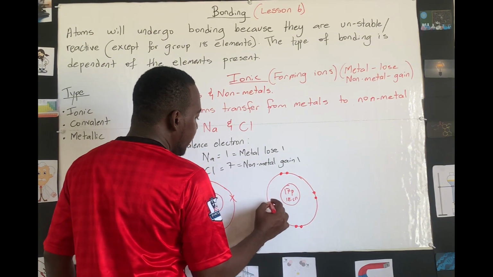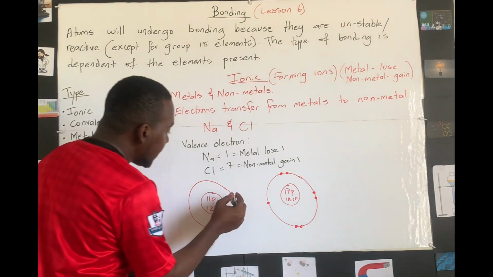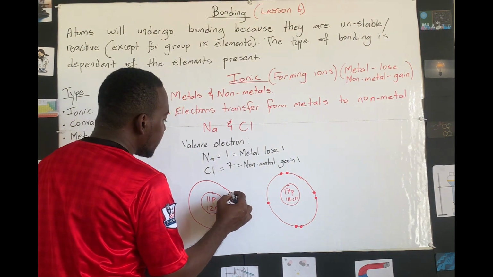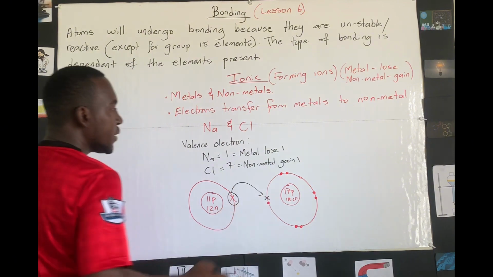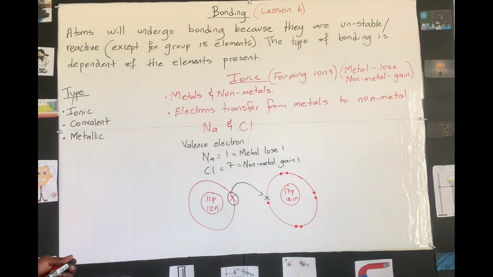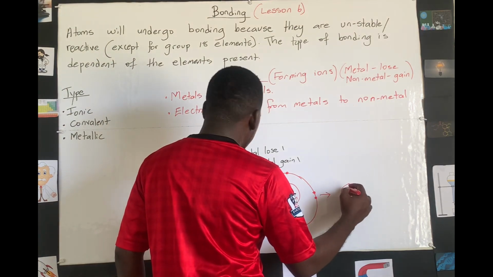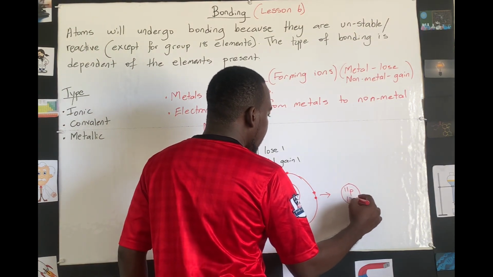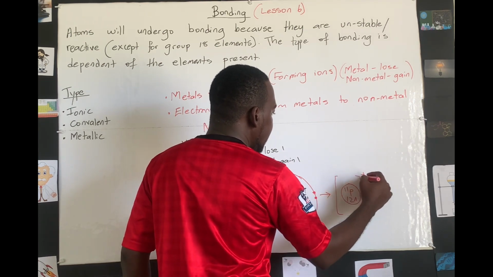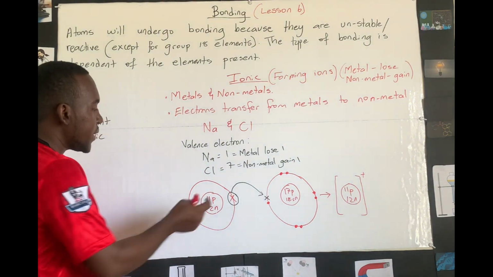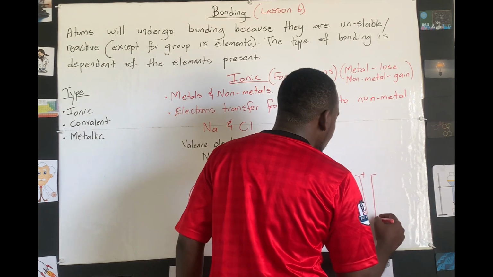Right? And then we have the one there that it needs. So what we do is that we take the one from our sodium that needs to go over onto our chlorine. So now what we have is an atom of sodium that is going to be positively charged, and it's one positive because it only gave away one, and that will be attracted to chlorine,